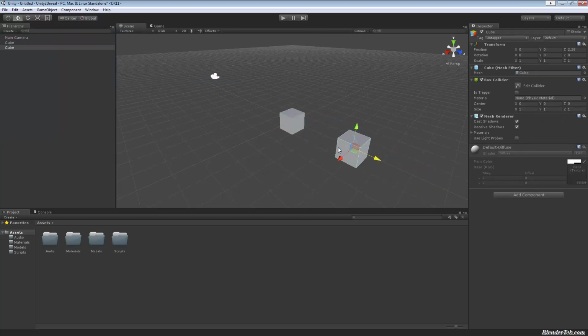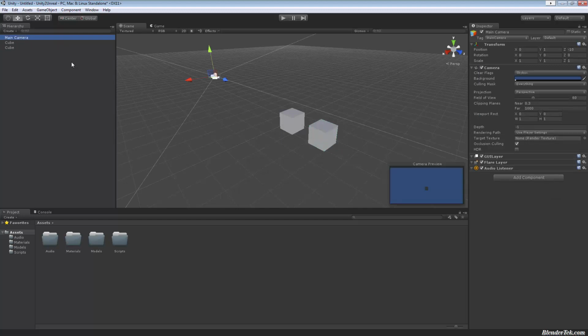One thing to note, there's no snapping ability built into Unity. And so you can see I've got a hierarchy window that lists all the assets in my scene, my camera and my 2 cubes. Now each asset has its own components.